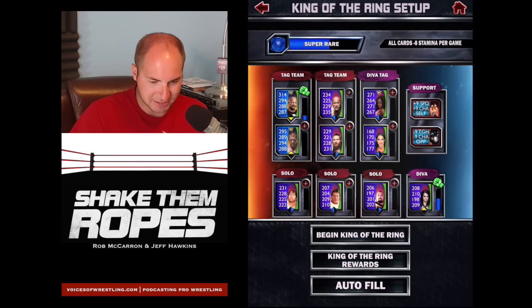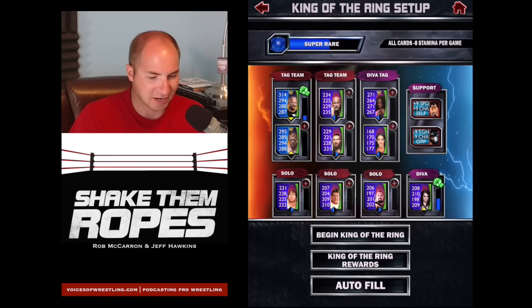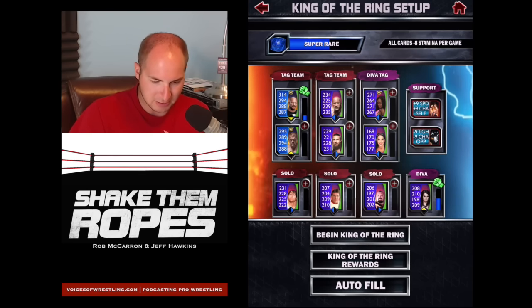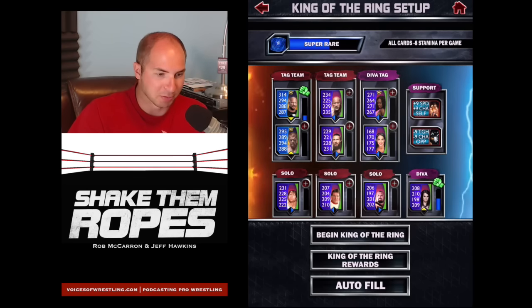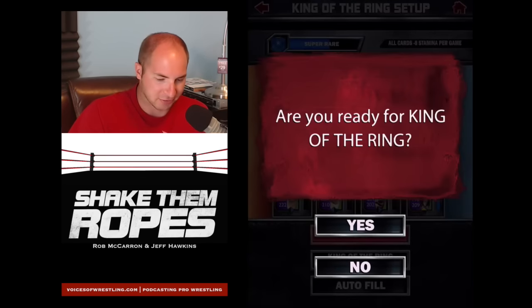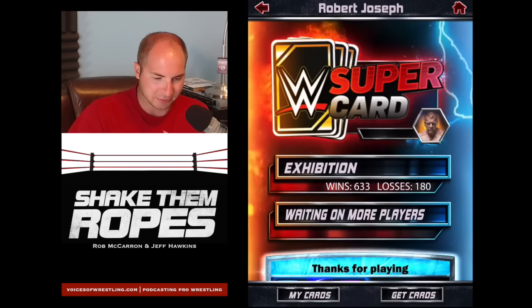The King of the Ring. Make sure I got everything lined up here. I have my support cards, which allow me to increase my speed and charisma while decreasing the opponent's toughness and charisma, so I'll go with those. Super rare category, which means if I win this, I will get 2 super rare cards. I'm not there at the ultra rare yet, so we will go ahead and begin the King of the Ring,